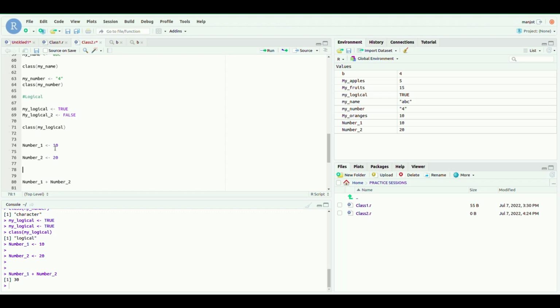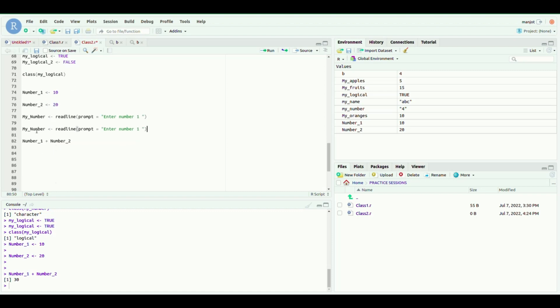What we're going to do is say my number 1 equals readline. So it's a function, readline. And what does readline do? It asks for a prompt. In the prompt, we say "Enter number 1". And for my number 2, "Enter number 2". So when I run this,